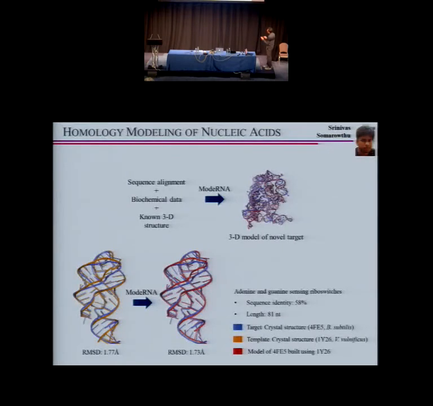So the comparison of his model with the known structure of that riboswitch shows that the model and the real structures are very close, very similar to each other, and again, in a range of RMSD that, as I showed you in the first part of my talk, is absolutely suitable in the case of nucleic acids to be used